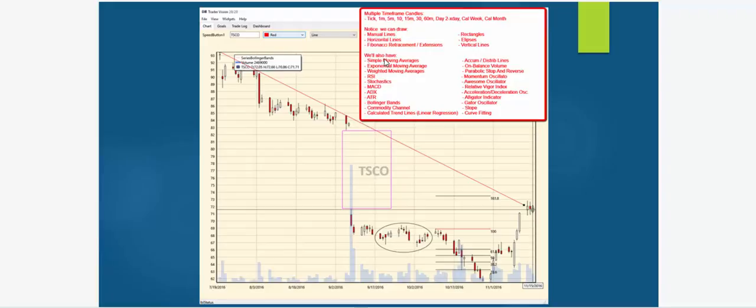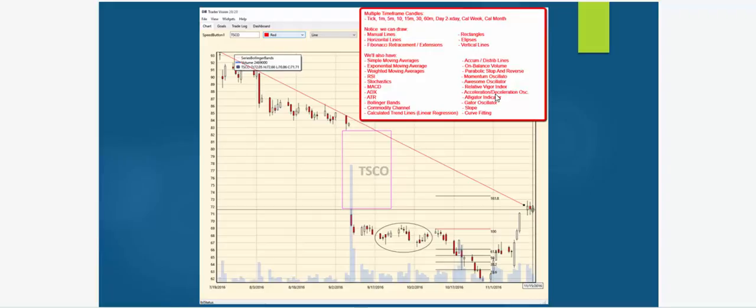In addition, those of you who do like your indicators, we'll have the ability to layer these on as well. So simple moving averages, exponential, weighted, your extension or trend identifiers such as RSI, stochastics, MACD, your average directional index or ADX, average true range, Bollinger Bands, commodity channels. It will actually tell you the trend line. You tell it how many days, and it will auto-calculate and draw a trend line for you. We can do on-balance volume, parabolic SAR,